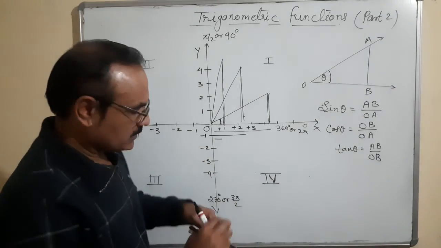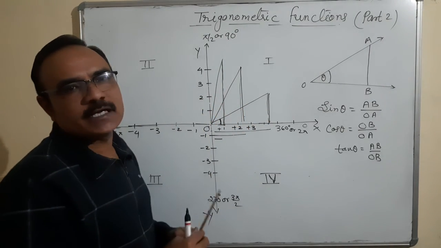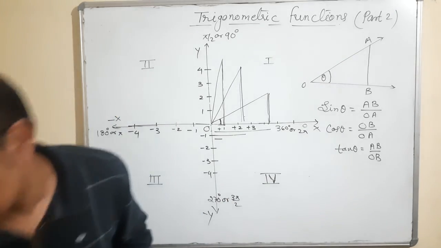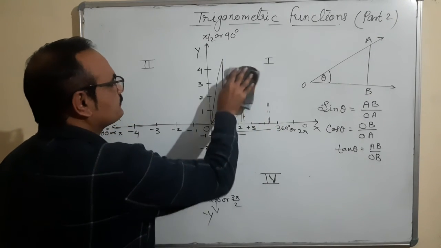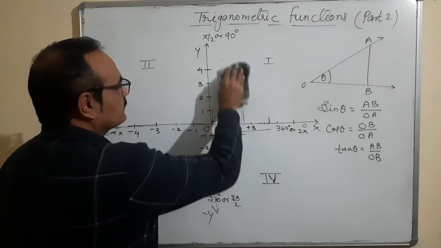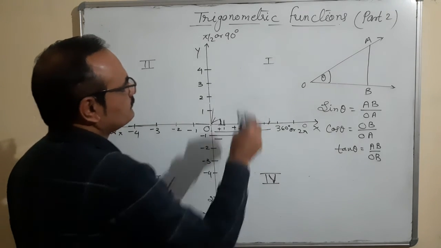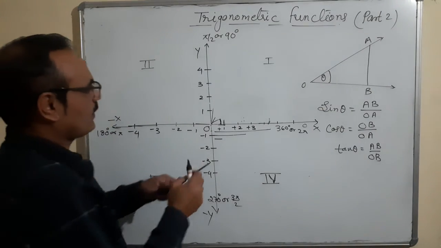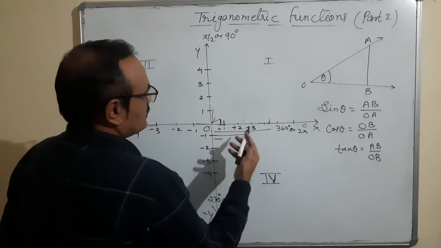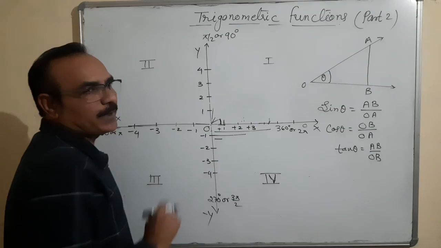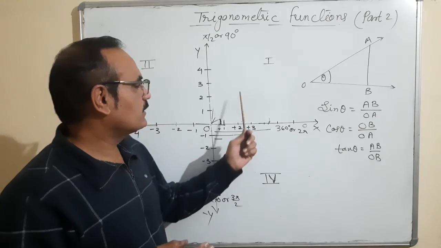So now what happens? This ray rotates like that. And now we analyze what the condition is, which signs are positive and which signs are negative here. Okay. So let us discuss that. In the first quadrant, you will see one thing. This is the position of the ray from here to here. This is base, this is perpendicular, base and perpendicular. And in the first quadrant, what is this? In the Cartesian system, we know that all are positive.